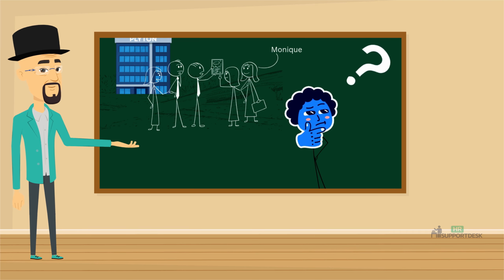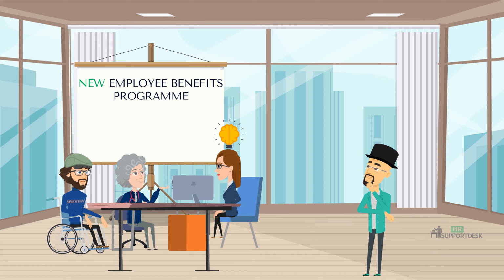Now, let's put you directly in the hot seat. Imagine your team is sitting around a table right now, hashing out a brand new employee benefits program. You know for a fact Monique has a brilliant, highly valuable suggestion, but she stays totally silent. She just lacks the confidence to jump in. As her team leader, what would you do? By answering that specific question, you're already identifying why informed, clear, and confident communication is essential in people practice.